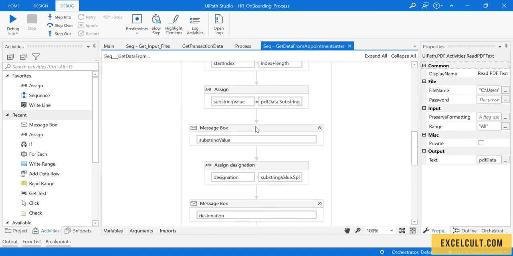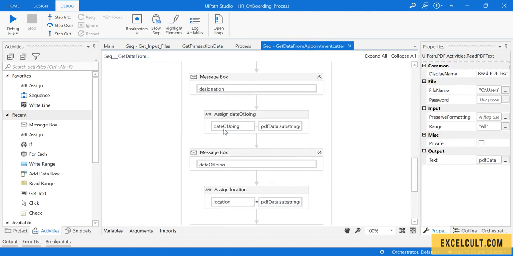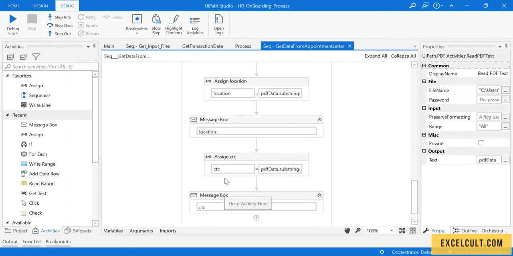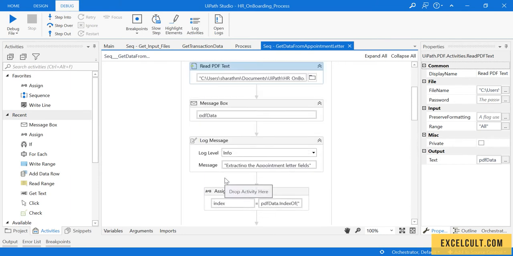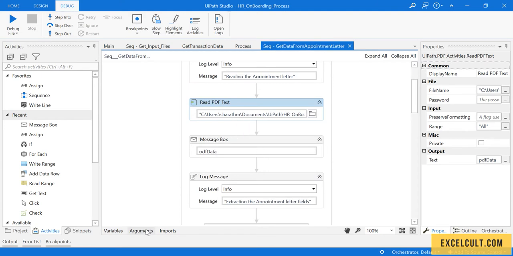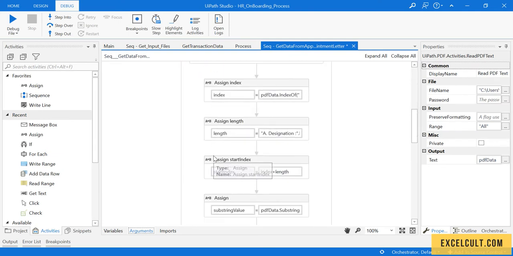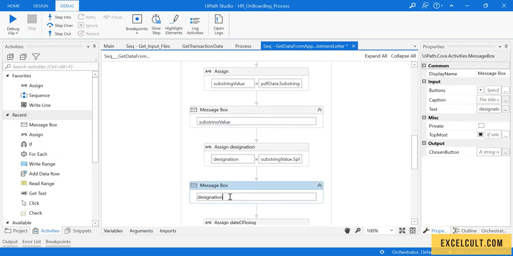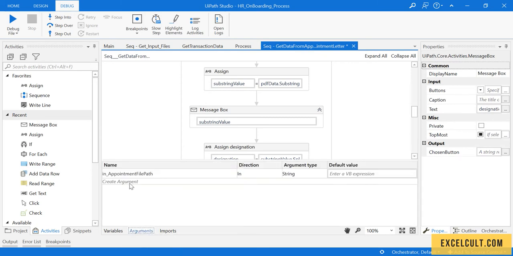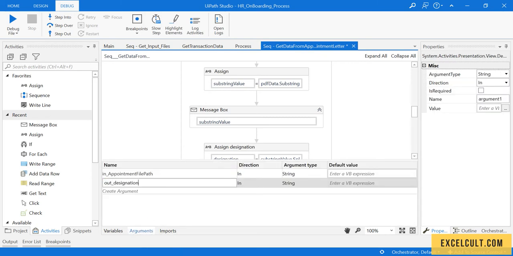To do that, all the variables that we have over here called date of joining, location, and all this have to be the arguments, and this is also an argument. So what we can do is we can pass in appointment file path. So this is something that we will get from the outside, and all these things that we call designation, it should be an out variable, out designation,